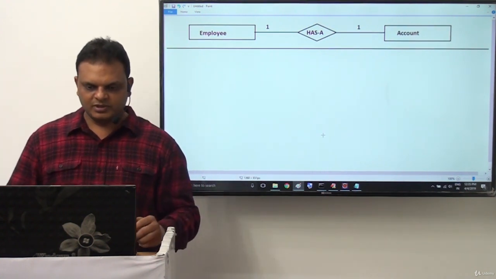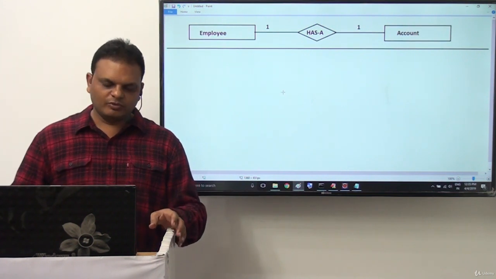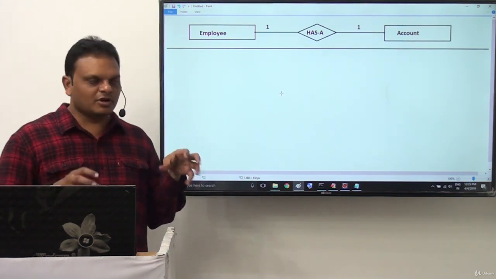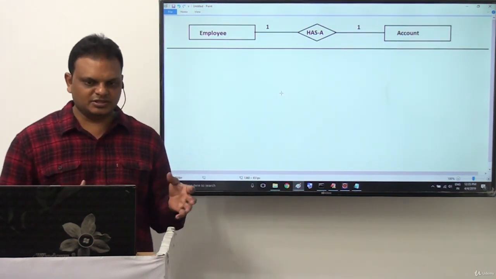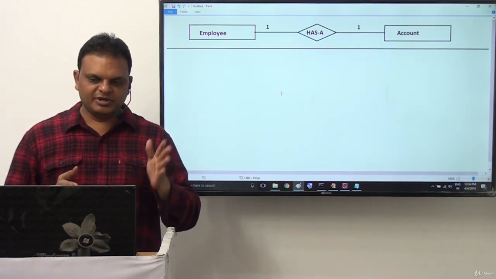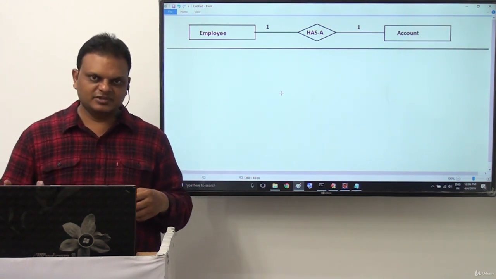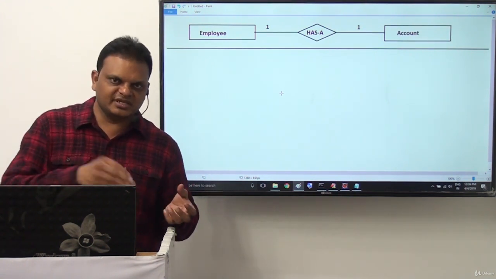That's fine, but how are we going to prepare this application? Before starting this application, I want to introduce some terminology. Every employee has an account, so between employee and account, which one is the container and which one is contained? Which one is going to be injected into which one?